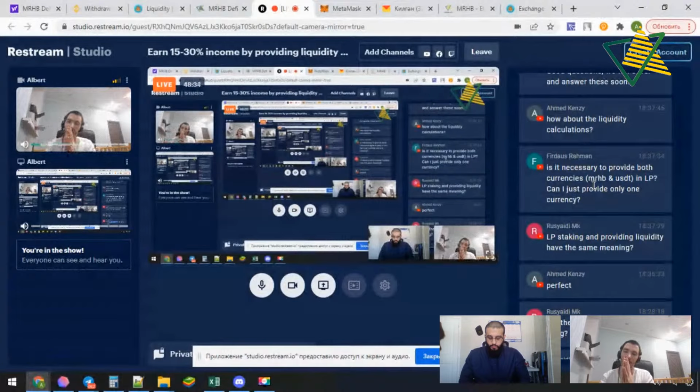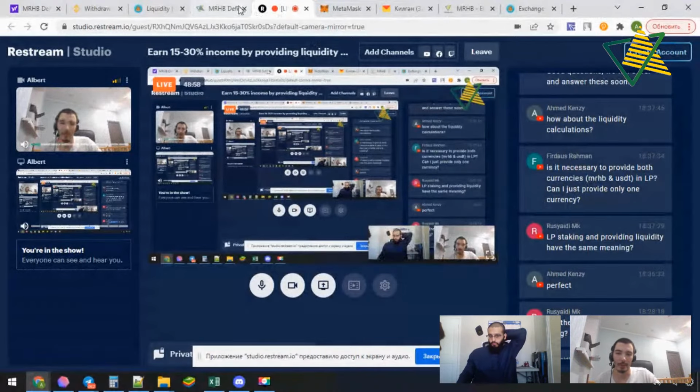So when we have provided liquidity on PancakeSwap, and we started to gain this 0.17%, by locking this LP token, we will earn extra rewards, the gift from the MRHB project.